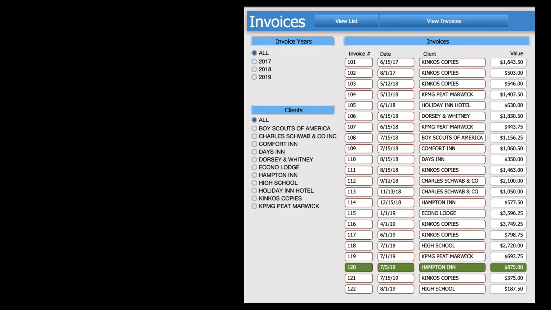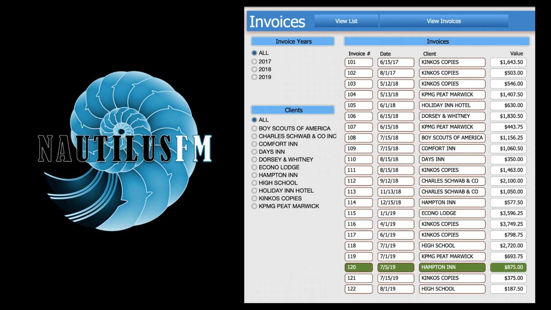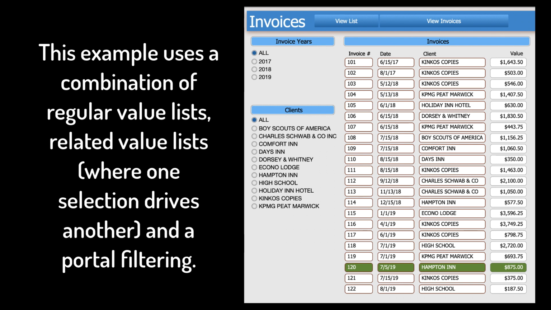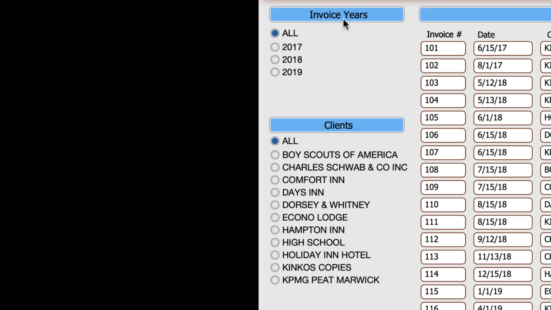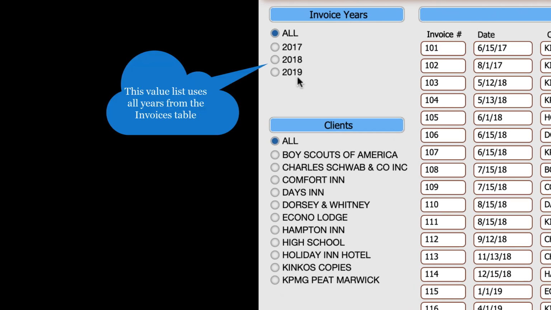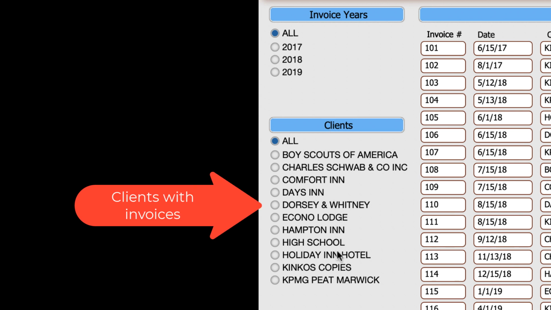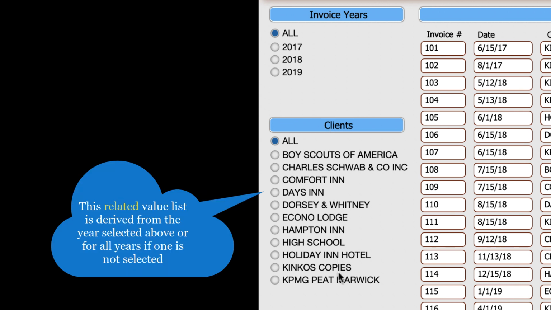We're currently looking at the invoices module in Nautilus FM, which is a free download that you can get from nautilusfm.com/example. And we're using a combination of value lists, related value lists, and portal filtering. The first section we see is the invoice years. And we've got 3 invoice years, and this is all years that are invoices, and then we've got the choice of all. And then below that we have a list of the clients,